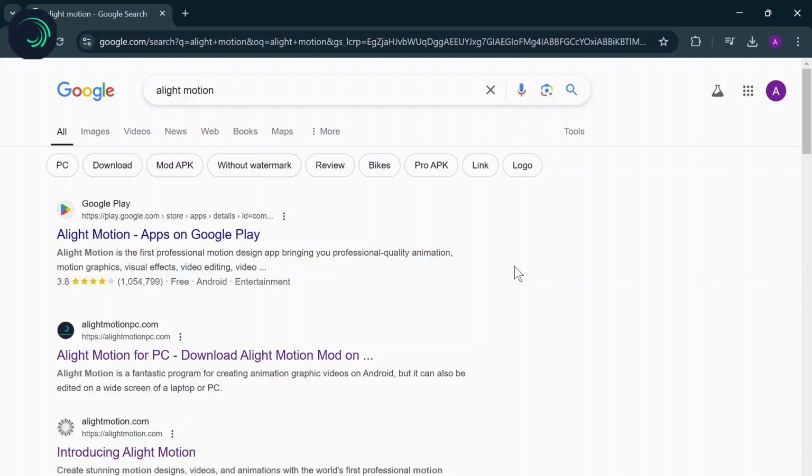For people who do not know what Alight Motion is, it is a program for creating animation graphic videos on your Android. Now, it's mostly for Android, but you do not actually have a software of Alight Motion on the PC version. So to use Alight Motion on your PC, what you'll need to do is simply search